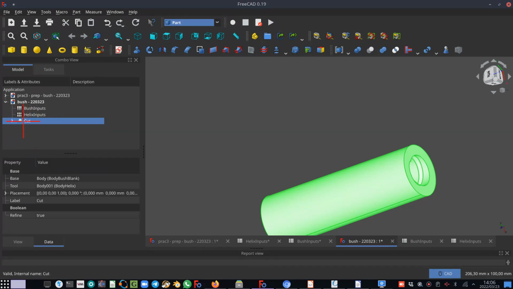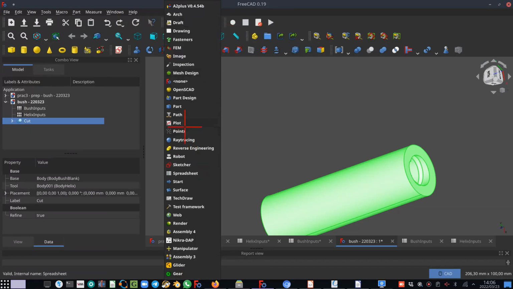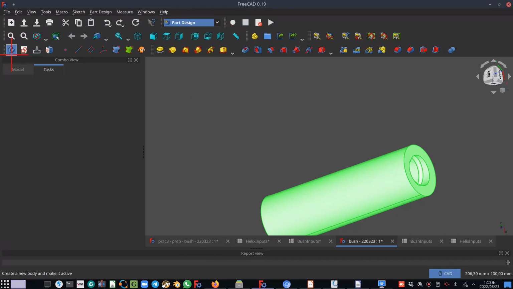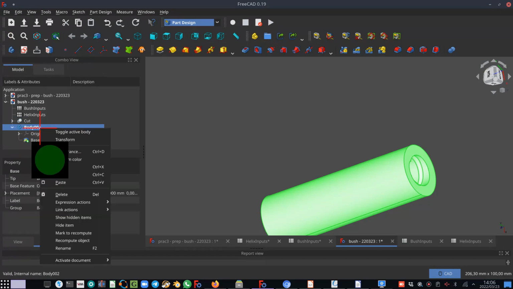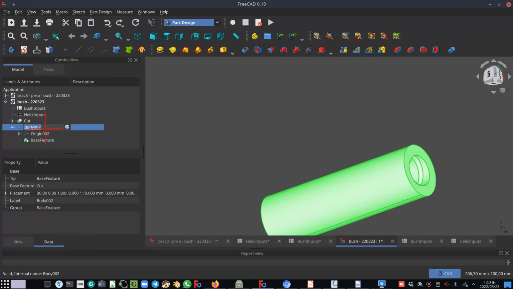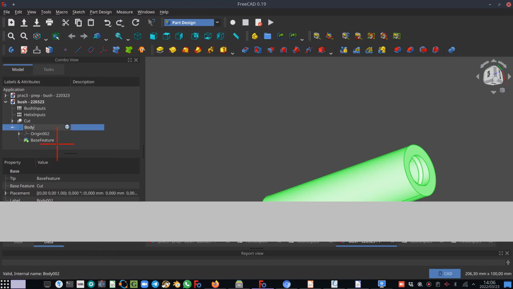Okay, so with the cut selected, we go to the part design workbench and we click create a new body. Alright, and now you can see we've got a body 002. We can rename that to body bush final,